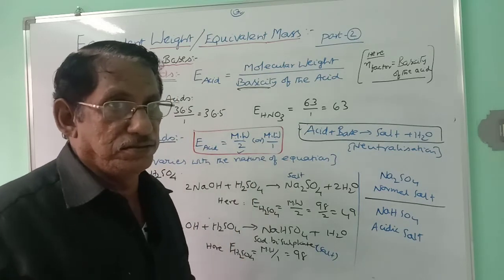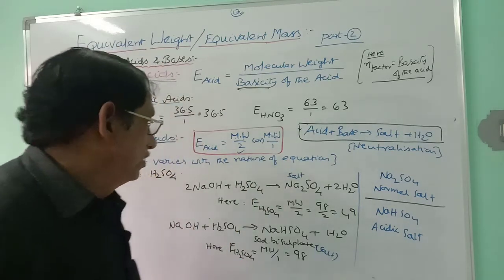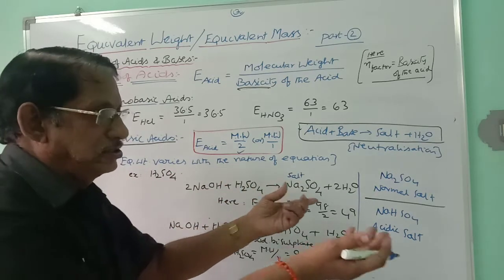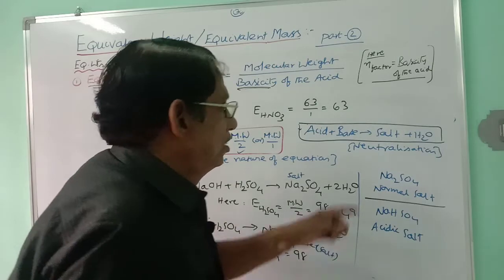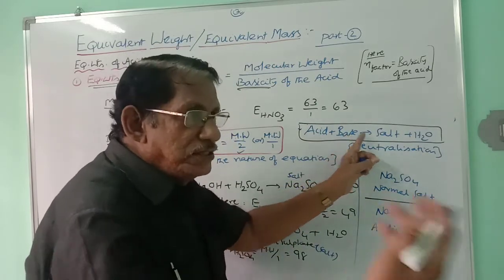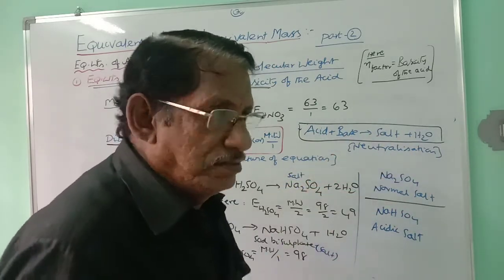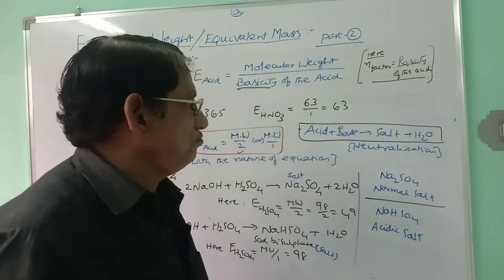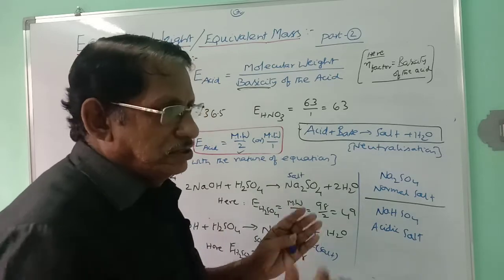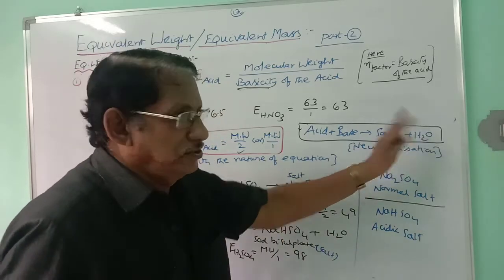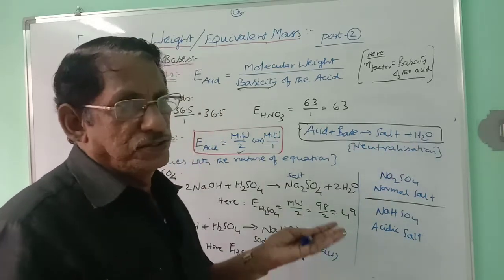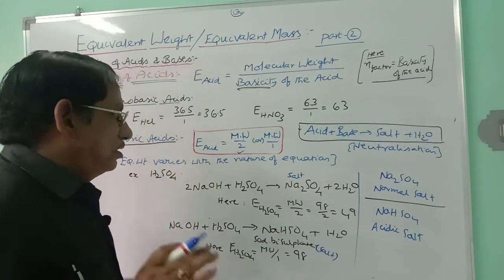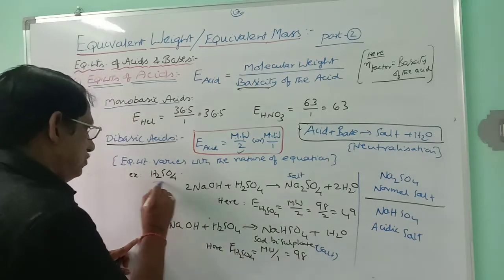How is it obtained? You have to know that the equivalent weight varies with the nature of the neutralization reaction that is taking place here. Every acid reacts with a base, leading to the formation of salt and water, as you know pretty well. This is the neutralization reaction. H plus of the acid and OH minus of the base combine to give undissociated water molecules, and the remaining parts combine to give the salt, which is generally soluble in water. And so now we are taking one example with sulfuric acid.